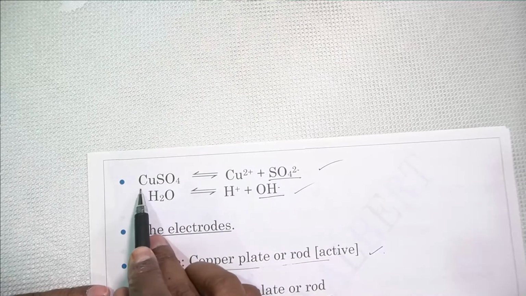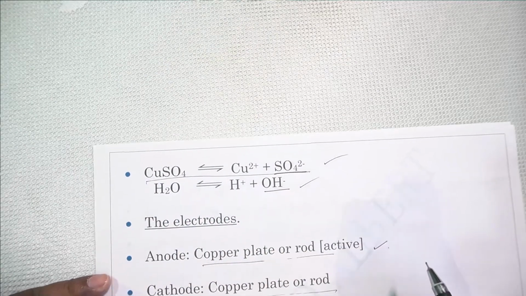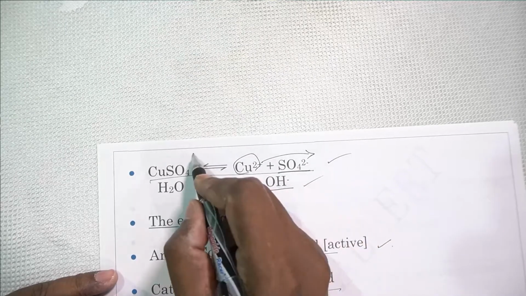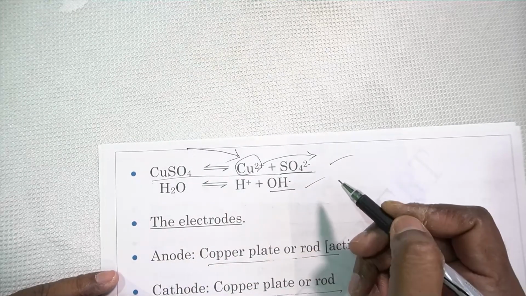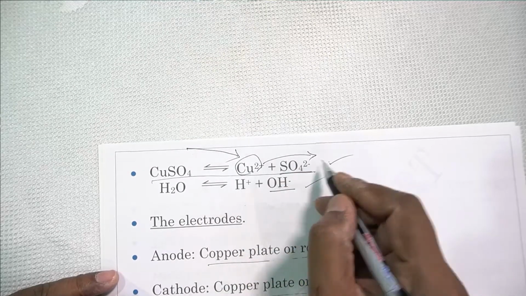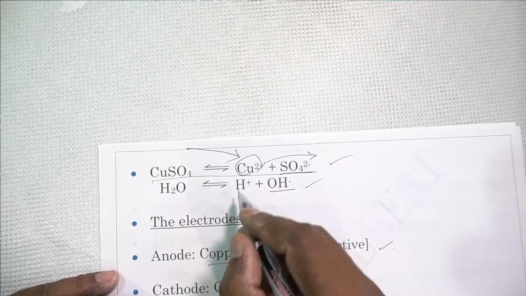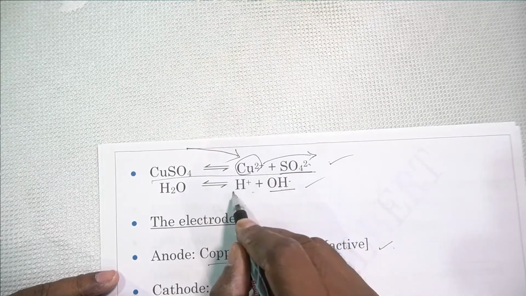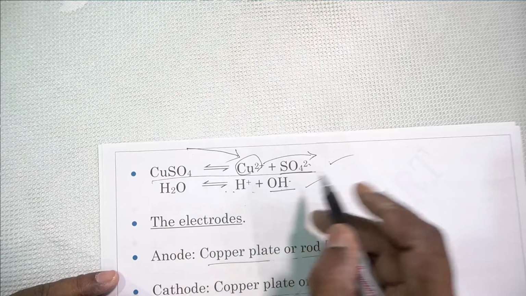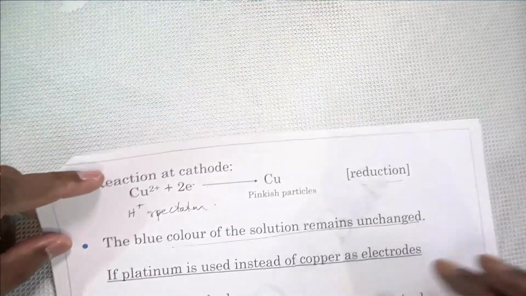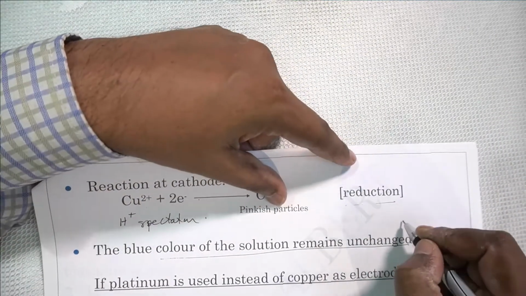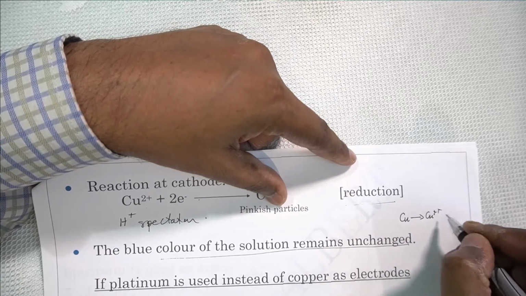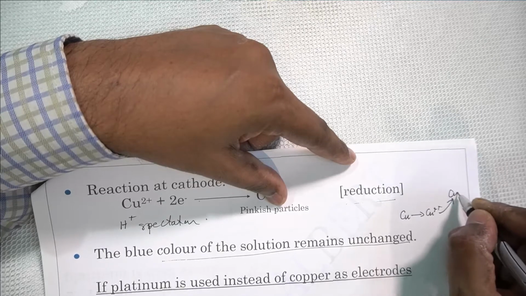Why? CuSO4 is there. Now what is discharging? Cu2+ is getting discharged, at the same time the anode is giving copper ions. For every copper ion lost, one copper ion comes from the anode. And the OH minus and SO4 2 minus ions and hydrogen ions, none of them get discharged. So what is the actual reaction? The actual reaction is that at the anode, copper gives Cu2+ ions, and these go and become copper at the cathode.